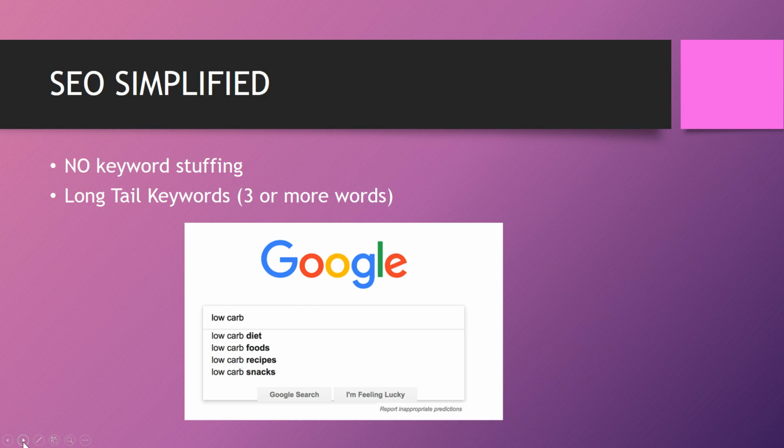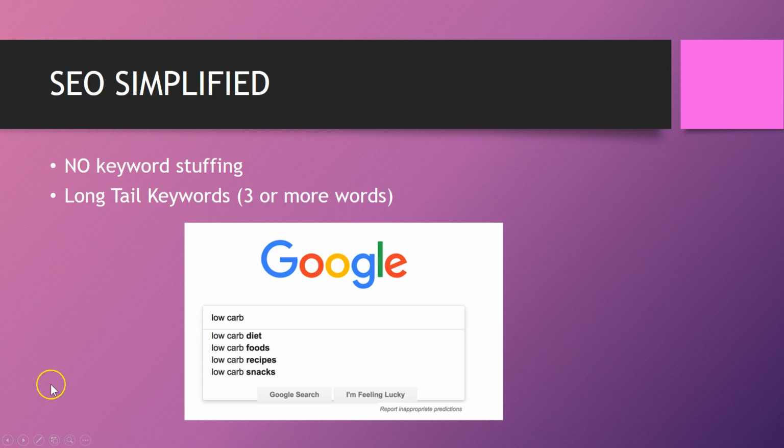The other thing you need to be made aware of is when you're using Google, you want to do long tail keywords. What that is, you want to be typing in a search term that has 3 or more words. Because when you do that, number one, if you try to just type in 2 words, the category is too broad, and even though there's a lot of search volume with it, you're not going to be getting the targeted traffic. But when someone's typing in 3 or more words, it's being very, very specific, and they are looking for a specific solution. So that's why long tail keywords are so powerful.